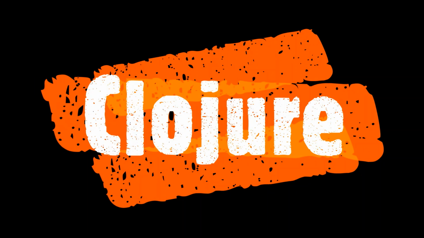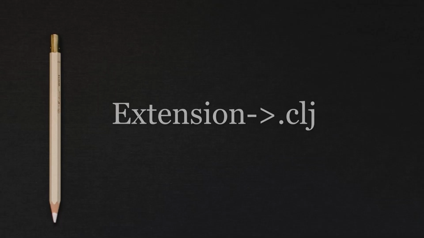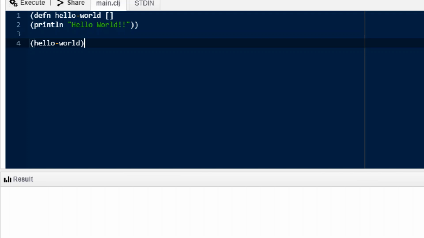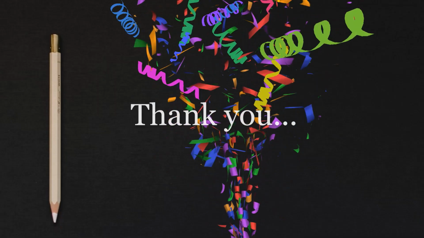Now finally coming to Clojure, create your file with .clj extension. You know what? Everything and even every single line in Clojure starts with an open round bracket and closes with a closing bracket. Coming to the code, defn is used to define a function. Println is used to display our hello world. And finally function call to get our hello world displayed. Now save it and then run it. We got our output. Now we are done with hello world in 6 different languages.